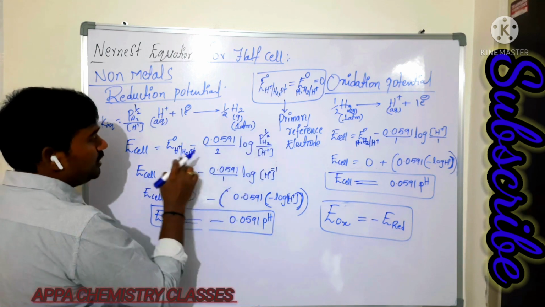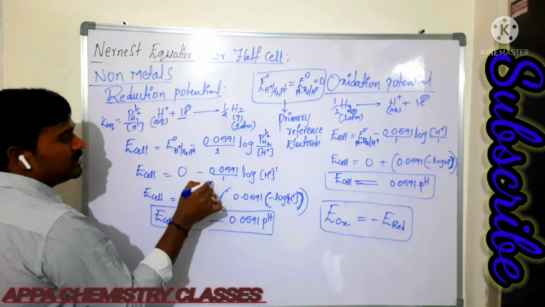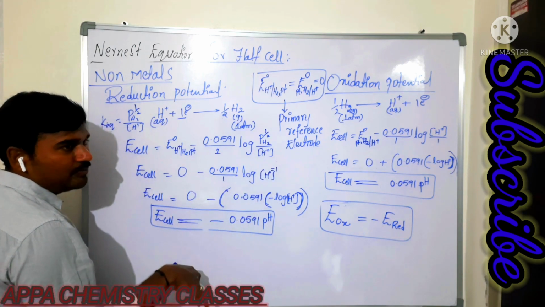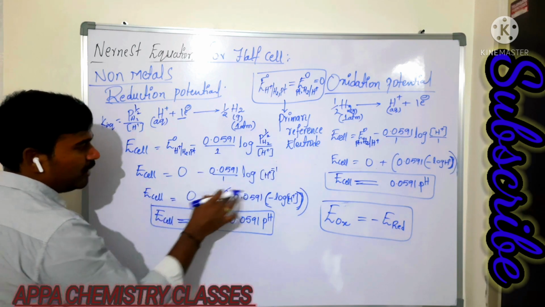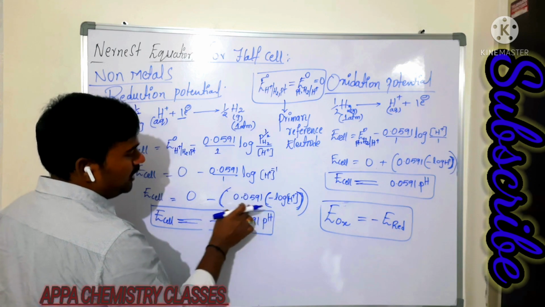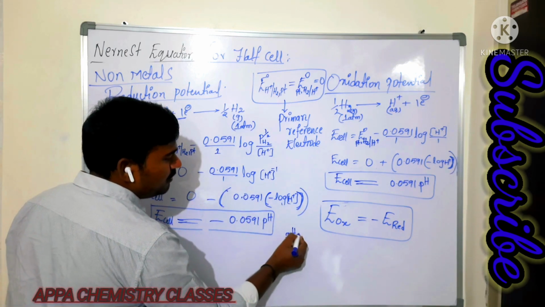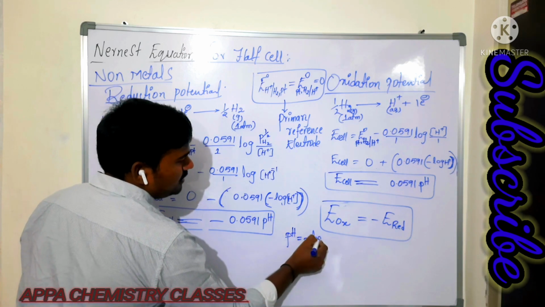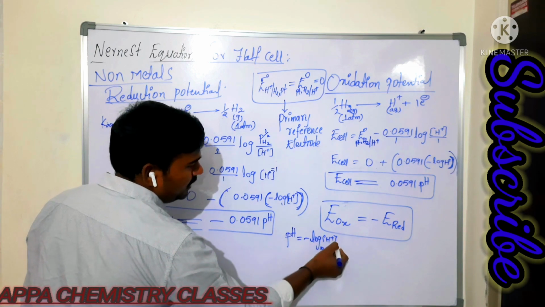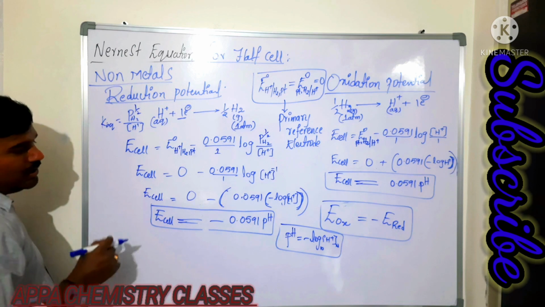Now here what happens? It becomes a 0. Minus 0.0591. How many electrons are exchanging? 1 electron. Log of concentration of H plus power minus 1. That minus 1 will come front. I am not multiplying that minus directly, it is minus of minus I am writing. It becomes plus only. But minus log of H plus ion is nothing but what? A pH. Minus log of H plus ion concentration, which is expressed in normality. The concentration of acid H plus ion should be expressed in normality.